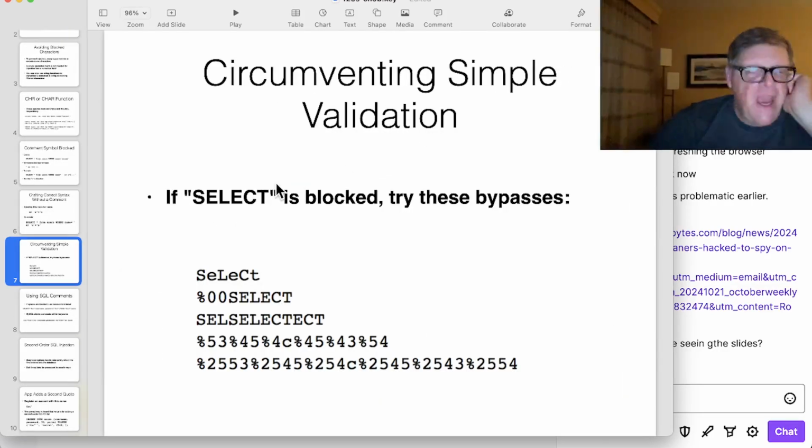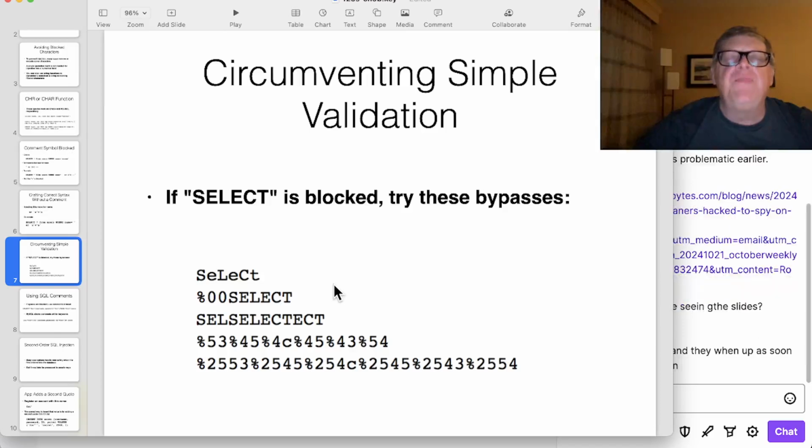And if they block select, then you can try this, uppercase and lowercase, put a null byte in front of it. This is a good trick because if the filtering system is written in C or it's running in a web firewall,